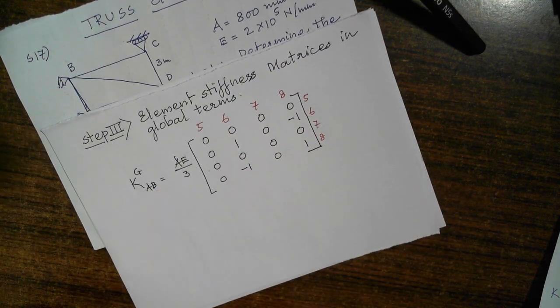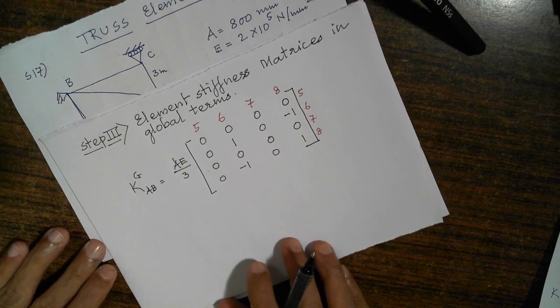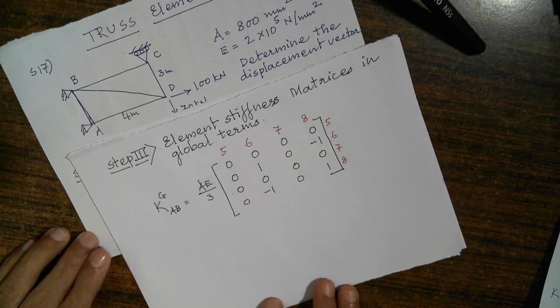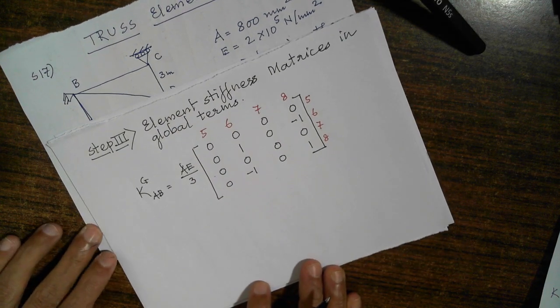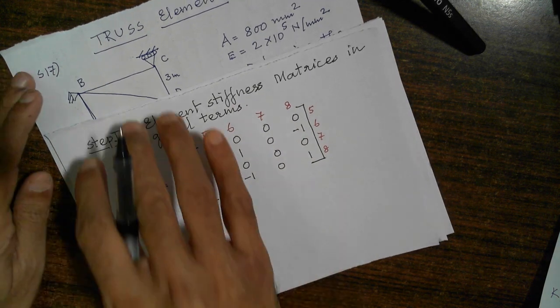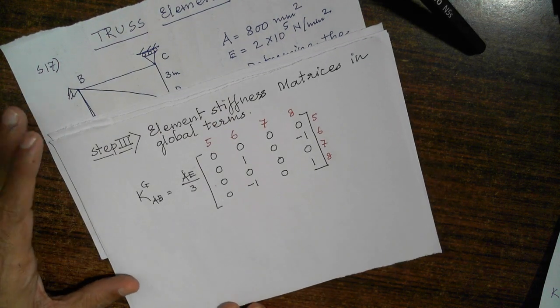It does not mean anything if you don't write the global stiffness matrix for AB, no problem. AB member is non-existent that way. AB member was non-existent in the original numerical. Still we have taken it for the geometry of the structure, and as I have promised, we will prove that force in the member AB is 0.